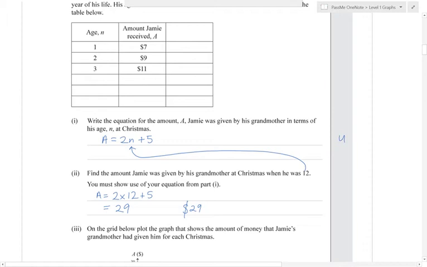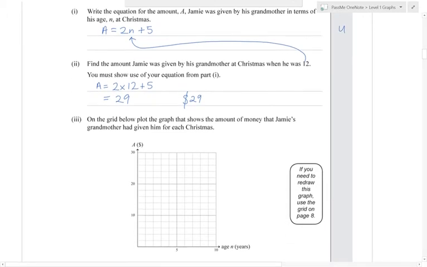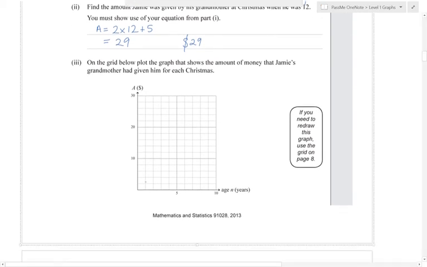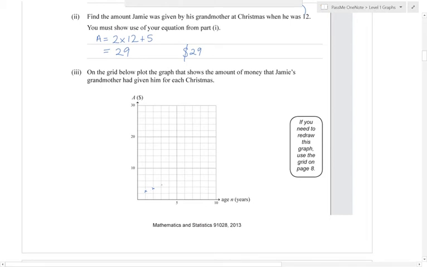Okay, on the grid below, plot the graph that shows the amount of money that Jamie's grandmother gave him for each Christmas. When he is 1, he got given $7, so we'll make a little cross there at 7. When he is 2, he got $9. When he is 3, he got $11. And it's going up by 2 each time, so we've gone 7, 9, 11, then